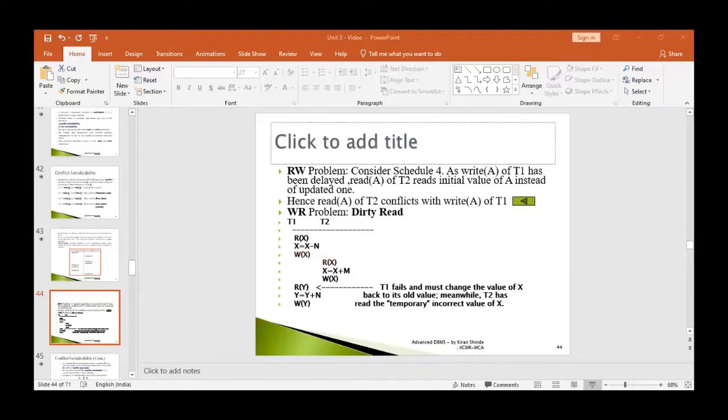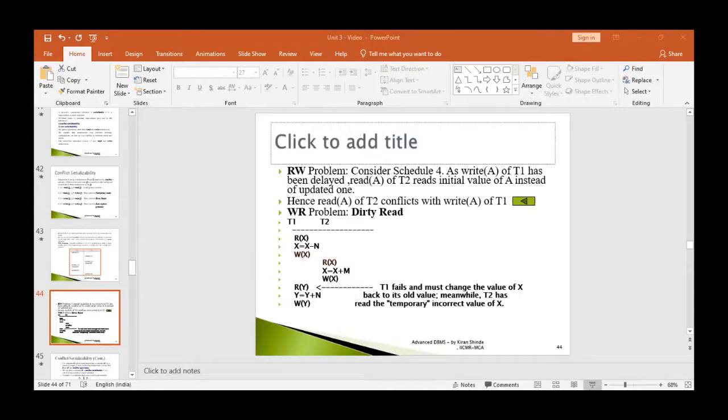The first transaction is T1, and as per the given sequence, the first operation is a read, so I have written R1X. R1X means transaction 1 has initiated the read operation on X. After that, in the sequence there was R3Z, so I have written read Z under transaction 3.